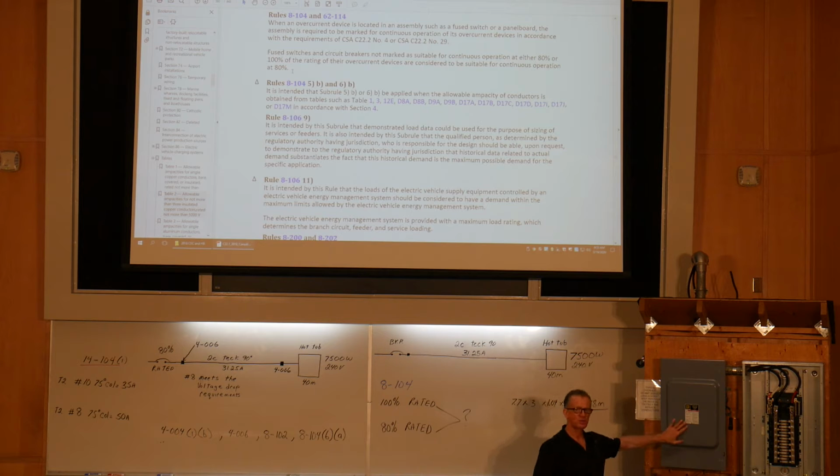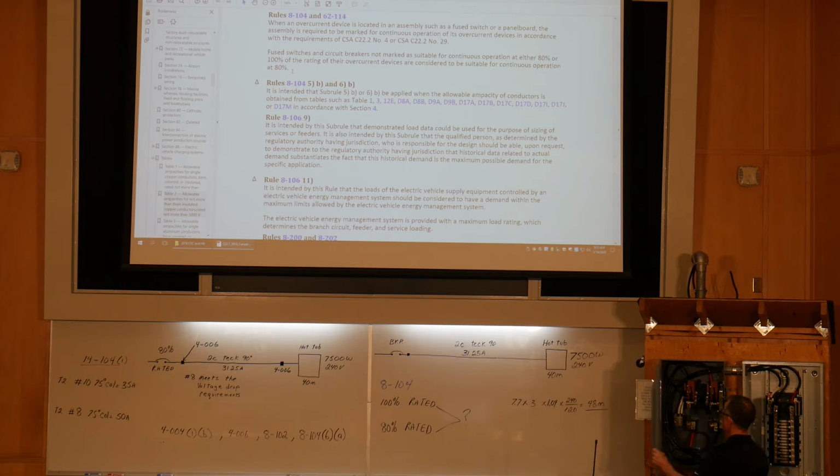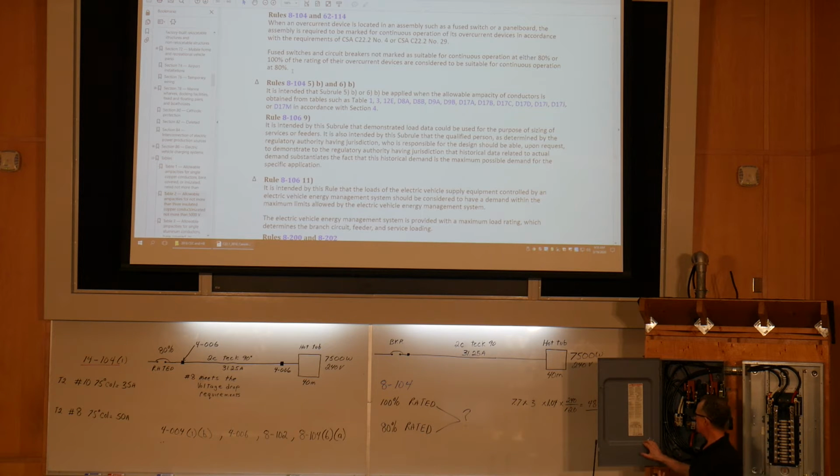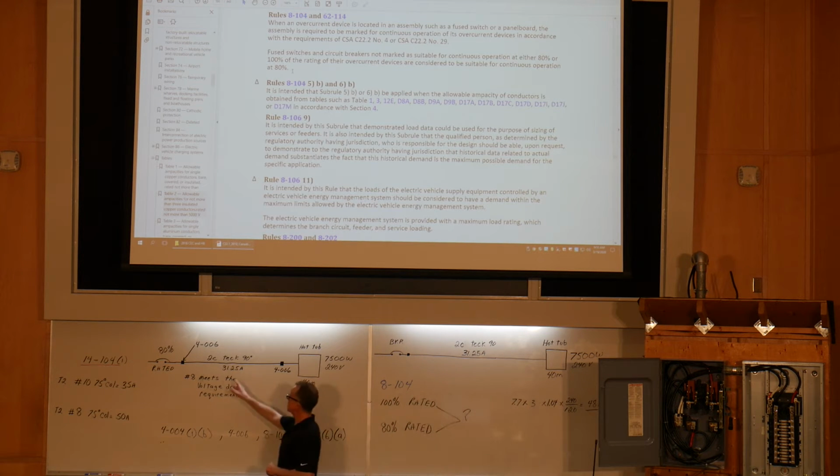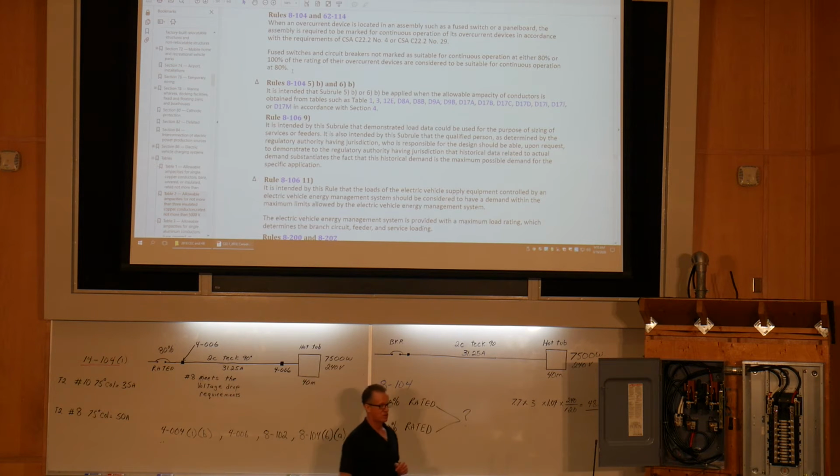So in the fuse switch, I'll open the switch here, and inside the switch, on the marking that is required to be on the switch, for example, says here, lugs are suitable for 75 degrees C, copper or aluminum. So that's marked at 75 degrees. So when we come to our example here, 4-006, when equipment is marked with a termination temperature, we are limited to the 75 degree column on the ampacity conductors. First thing you would have to do,